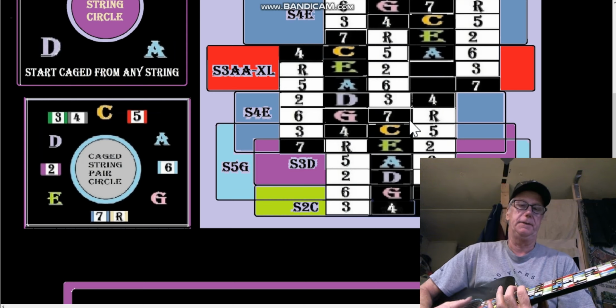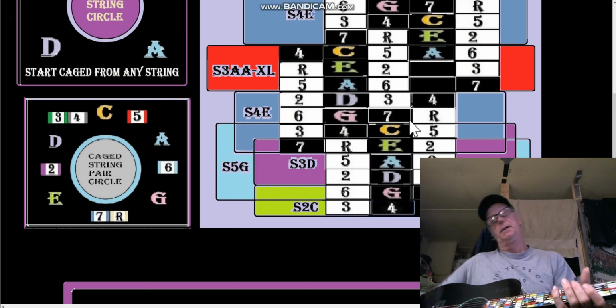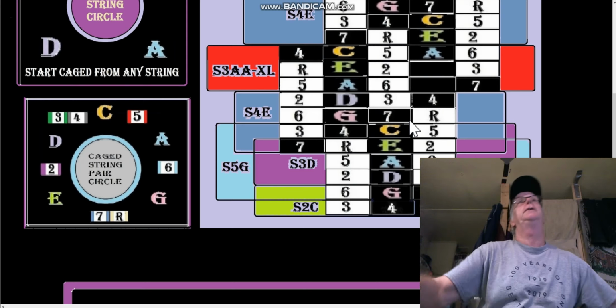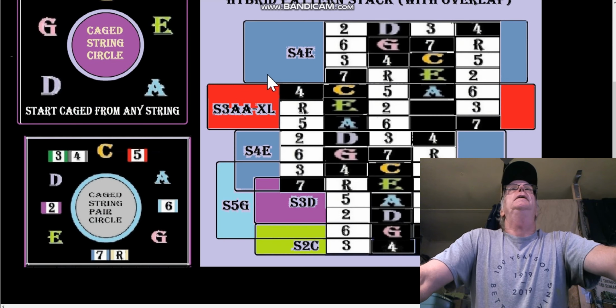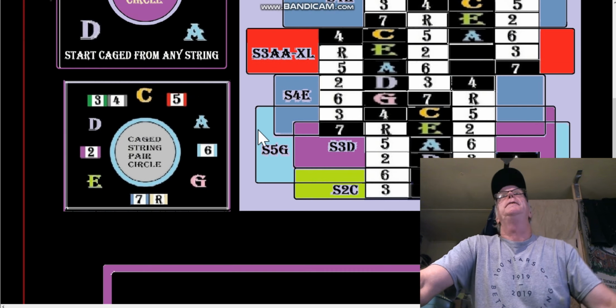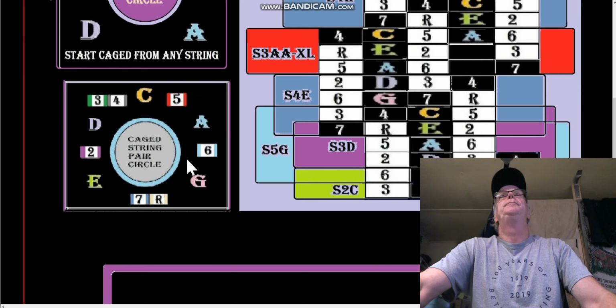And indeed, it did warp into a D shape. So that's how that little circle goes. And this one, now this is a cage circle,